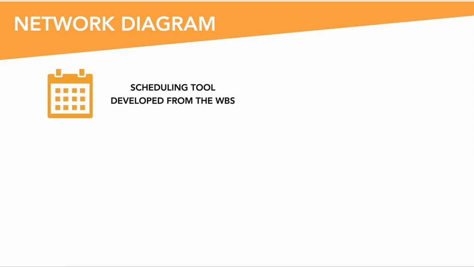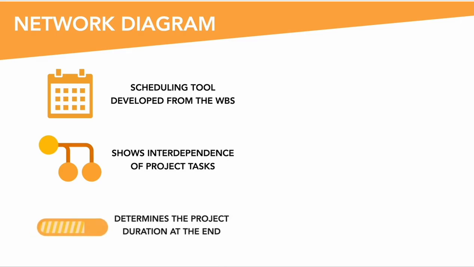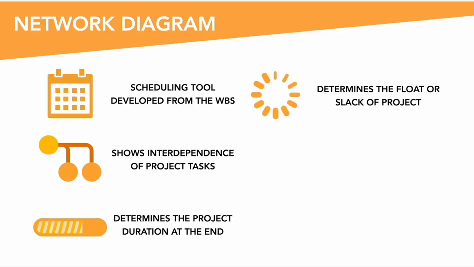From the WBS, we create a network diagram. A network diagram is a scheduling tool developed from the work breakdown structures. It shows the interdependence of project tasks and deliverables and determines the project duration at the end. It will determine the float or slack, or the amount by which a project can be delayed without delaying basically